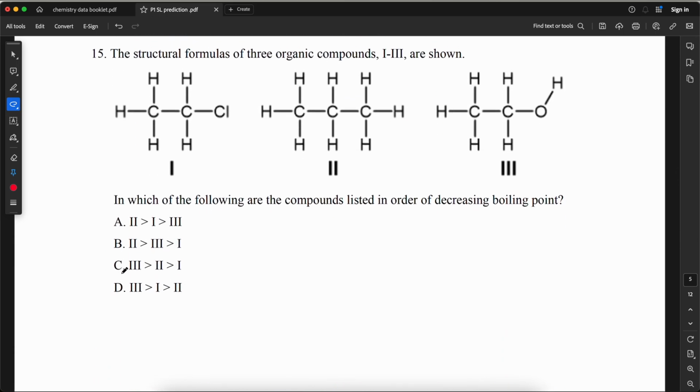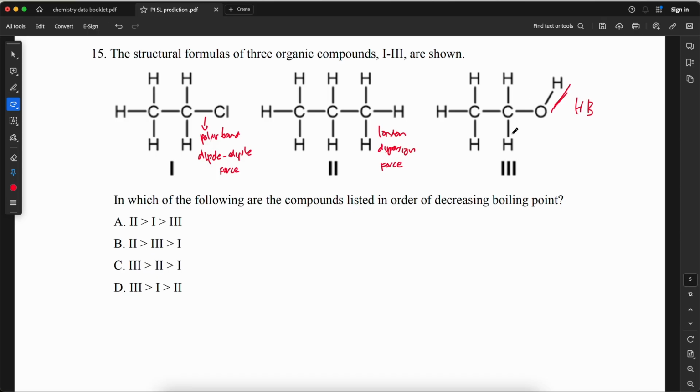The structural formulas of 3 organic compounds 1, 2, 3 are shown. This one has polar bond, so it's dipole force, and this one has no polar bond, so it has London dispersion force, and this one has hydrogen bonding. Definitely this one will